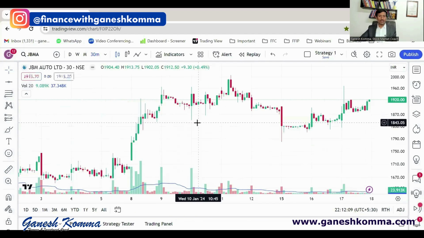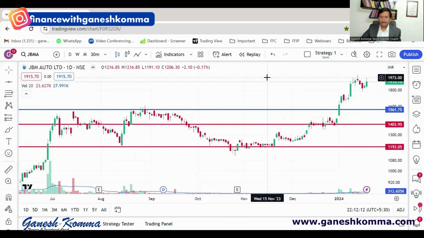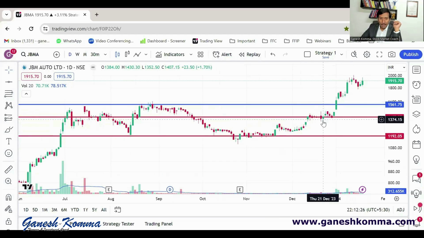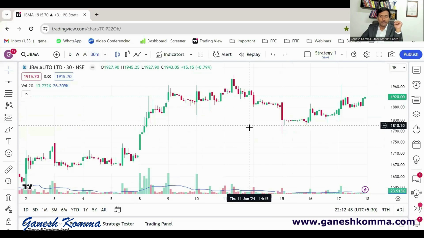Even IRFC, when we discussed live entry, if you just look at a daily chart, on 29th December or even 21st December, this particular candle which is breaking out is a good live entry for the stock. Even on 1st January, even on a 30 minutes candle, during the live trade, you can enter just based on looking at a 30 minutes candle.